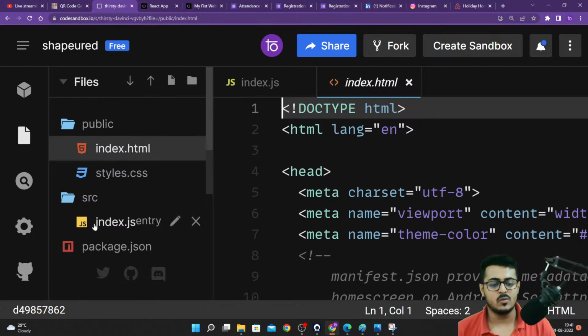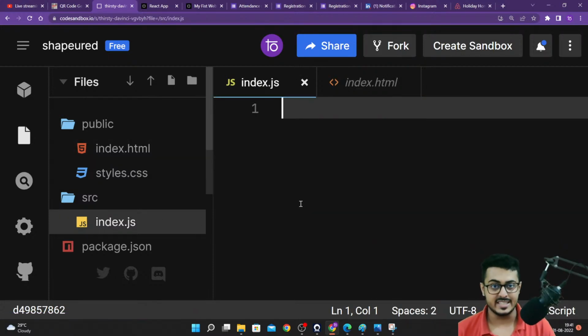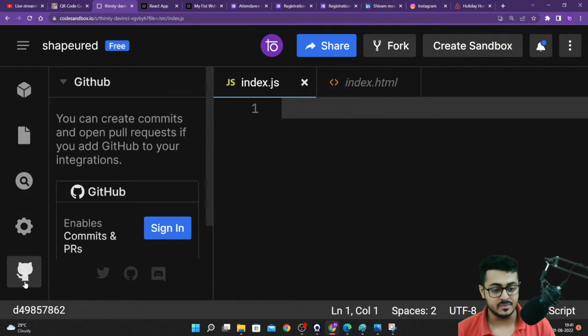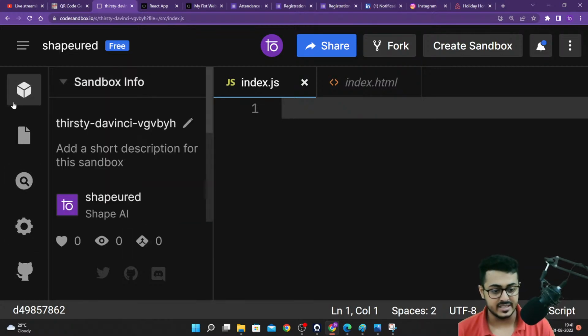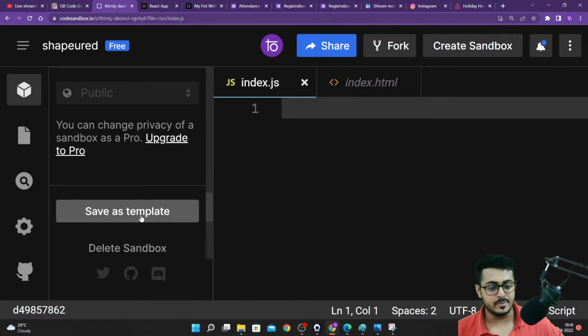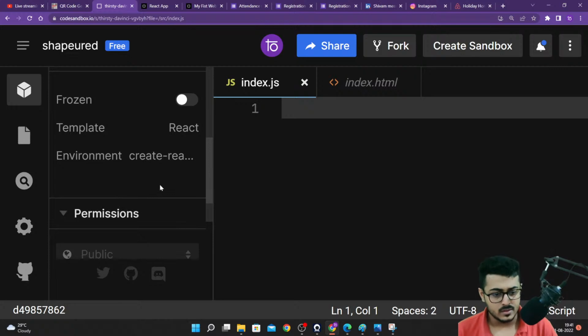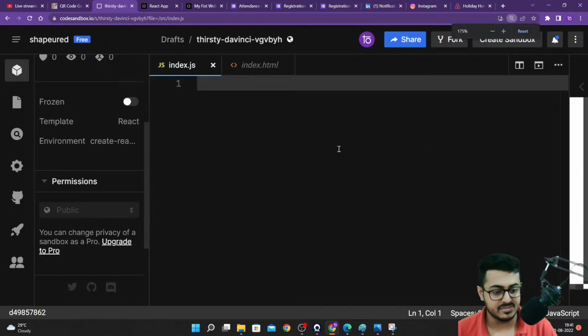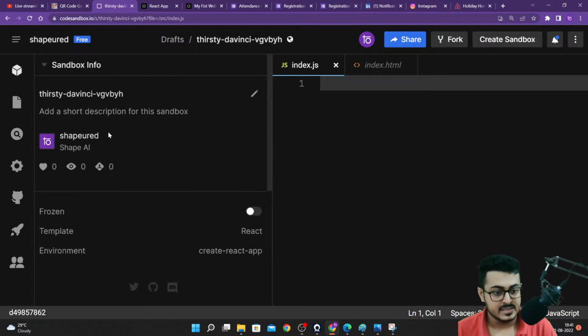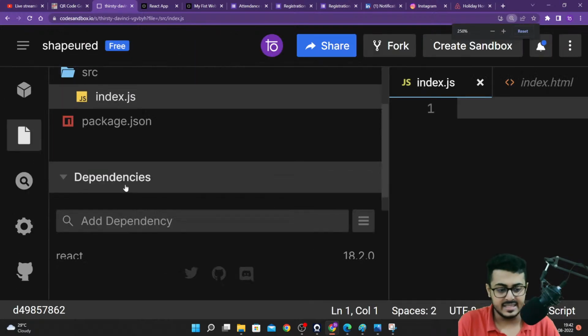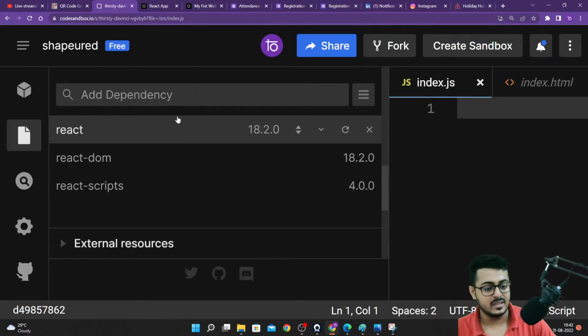Okay, so right now all the code that we are going to write related to the initial part of React.js is going to go inside of this index.js file. The second thing that you guys need to remember is that inside of this folder you will be able to see the template that we have created right over here, let me just show it to you guys. So this is the template that is there, and these are the dependencies. So there are 3 dependencies that have been